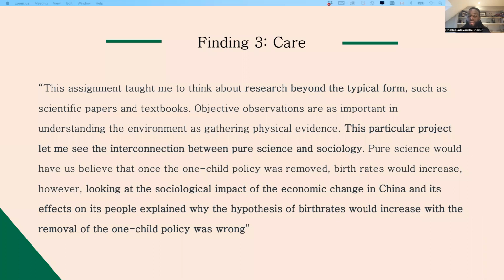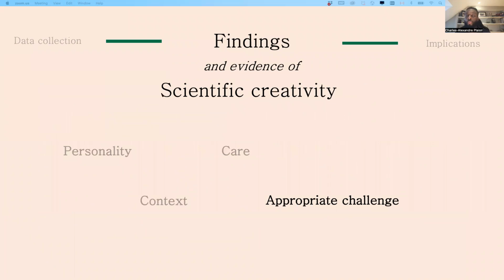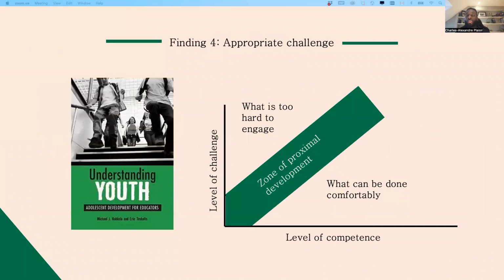My next finding was looking at the importance of an appropriate challenge for students to be scientifically creative. Maintaining students in a zone where they can be challenged to make new connections while not being discouraged or feeling as though there's no possible solution is tough. Nakula and Toshalis discussed the zone of proximal development in chapter 1 of their book, Understanding Youth, Adolescent Development for